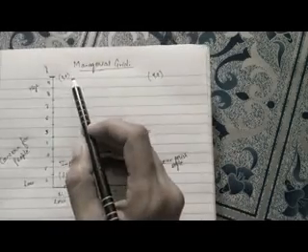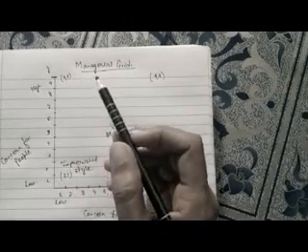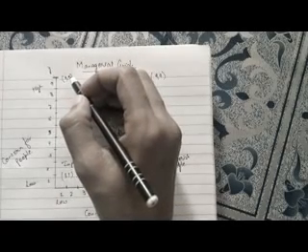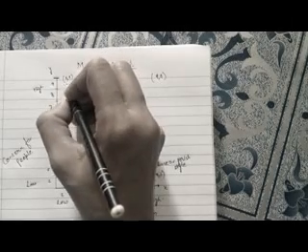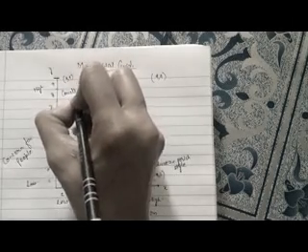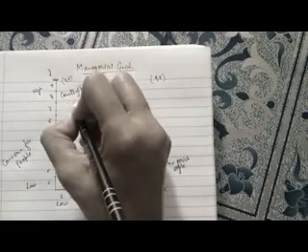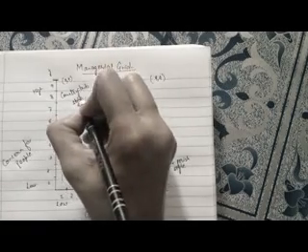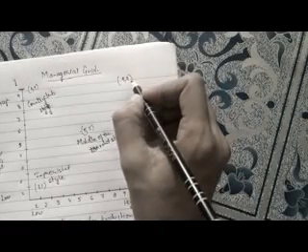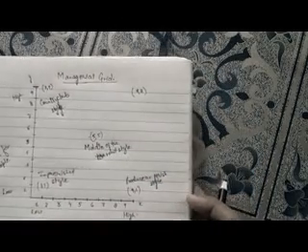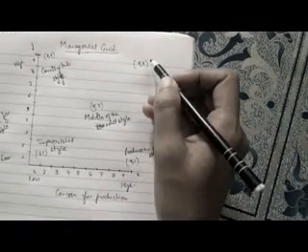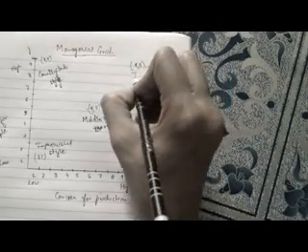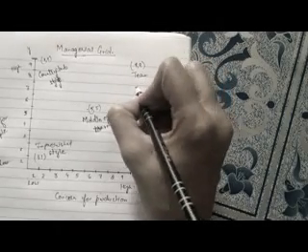Now 1,9, that means the manager is least concerned with production, but has very high concern with people. For 1,9 type leadership, they use the term country club style. And here 9,9 type leadership, that means the manager is very much concerned with people as well as very much concerned with production also. So the term used for this type of leadership is team style.